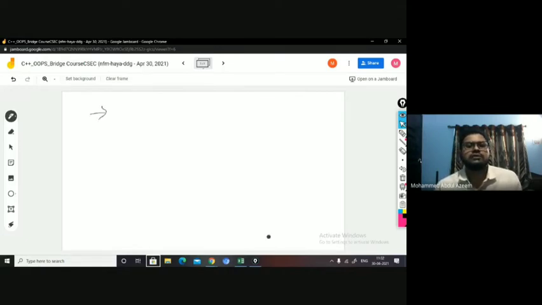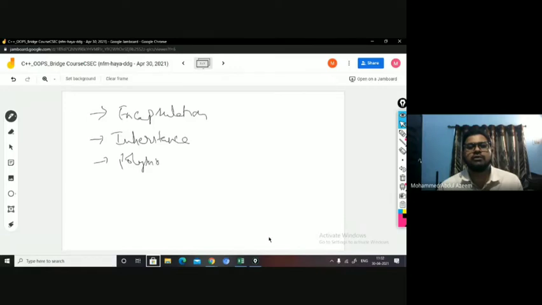So as I said, in addition to encapsulation, inheritance and polymorphism, these are the minimum three features when a particular programming language supports them. We say it is object-oriented programming.